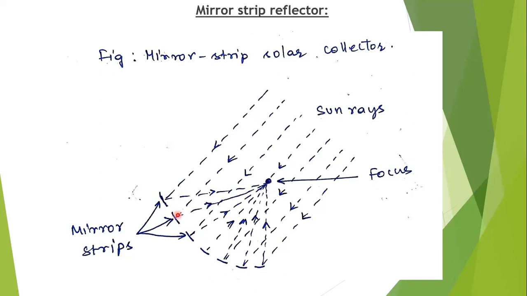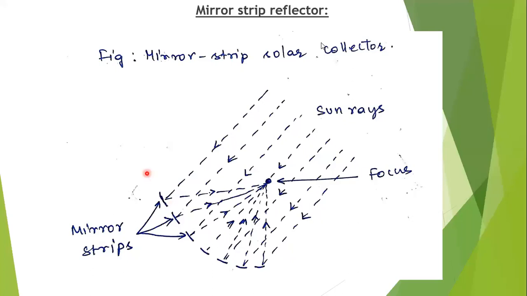So all the mirrors are kept like that. They deflect the absorbed solar radiations. All of them reflect into one point, the focus point. These are called mirror strips. So a number of plane or slightly curved, these are slightly curved, not plane. So plane or slightly curved, convex and concave mirrors, we are having two types. In this we are taking concave mirrors. These concave mirror strips are mounted on a flat base.